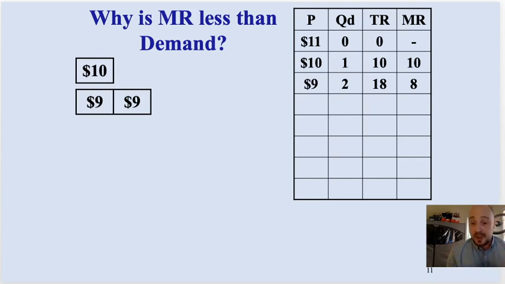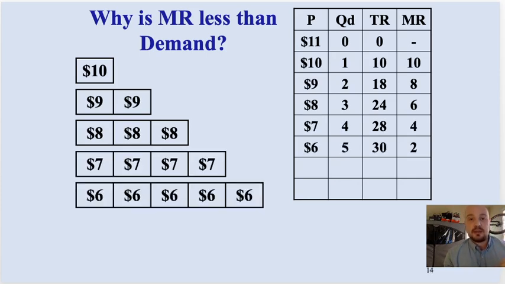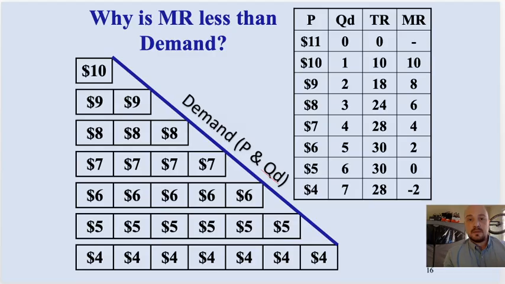They want to sell more eggs, and so what do they have to do? They have to keep lowering the price. But then when they lower it for everyone else, they have to lower it for us as well. You don't go to any store where they sell you eggs for $10. You're getting eggs for $6. And so as they lower the price, you will notice something is happening. The price starts at $11, then $10, then $9, then $8, but the marginal revenue is decreasing faster.